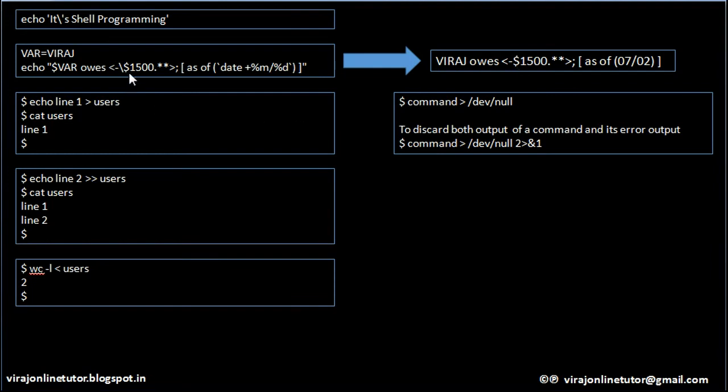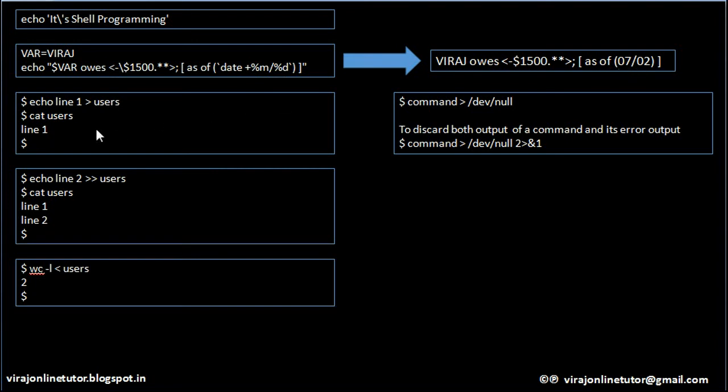Okay, dollar is a special symbol, so if I want that to be displayed as it is in the output, I have to prefix it with a slash sign. And then I want to execute this date command with a particular format, and hence I am embedding that in the apostrophe symbol. Okay. So in this special symbol, I am embedding this particular command. So the date command will be executed in the format of month followed by day, and that is printed here.